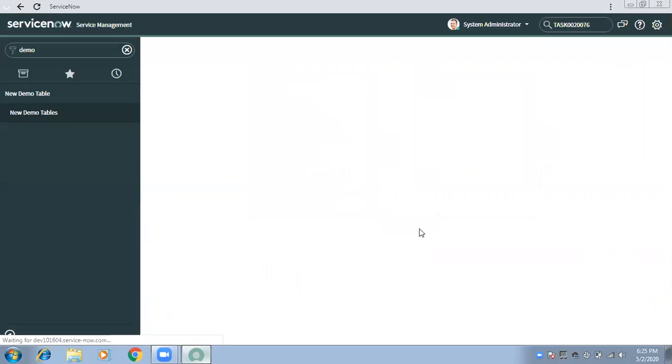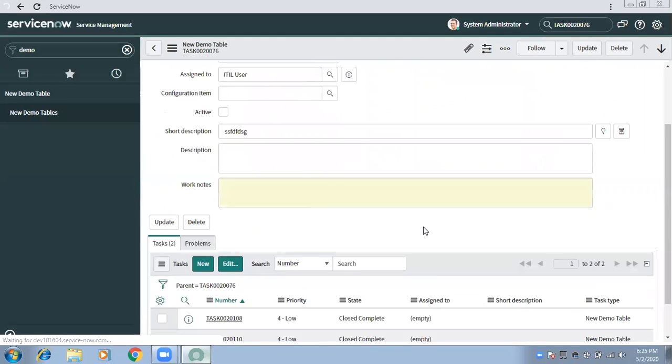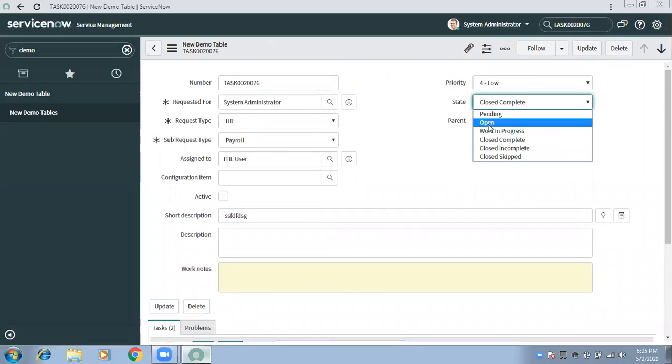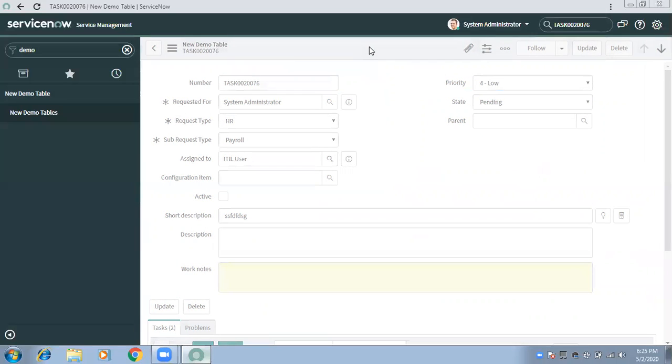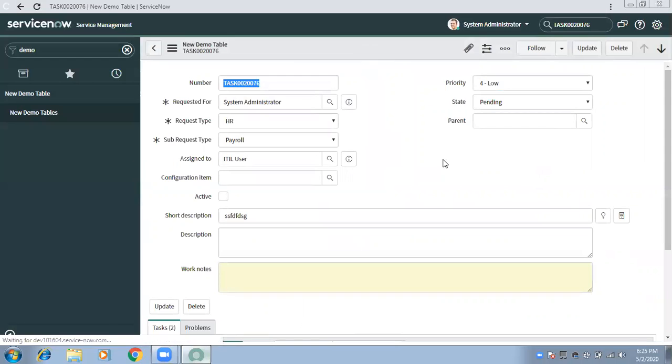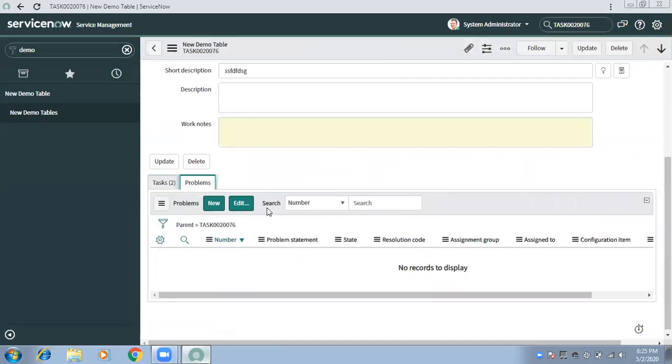So not a task, let's say create a problem. So as soon as someone puts a request in pending, then a problem should automatically get created.